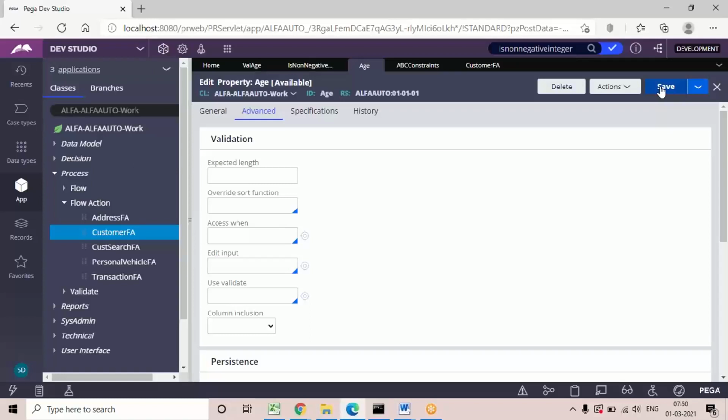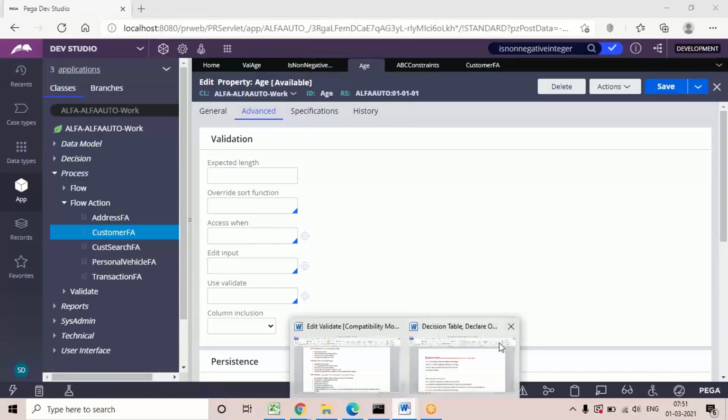Okay, these are optional. In the personalization, if you want to do it, you can do it, guys. So for the obj constraint, I withdrew the rule. What withdraw types or availability types are, you'll understand later. The other one, I removed the name from the flaction, and the other one is from the age property, where this edit validate rule is removed. Okay, so that is about the validation. Just have a look at that.